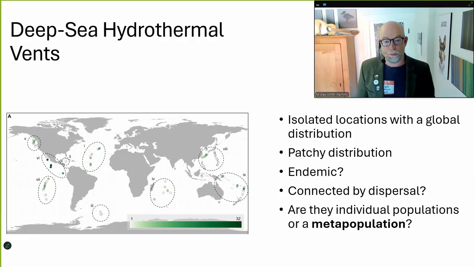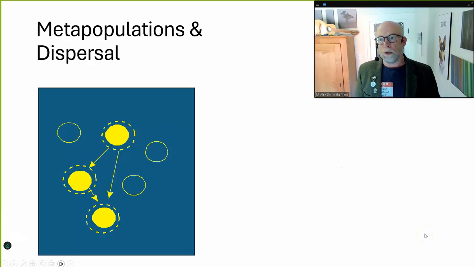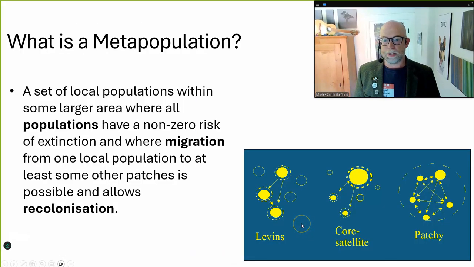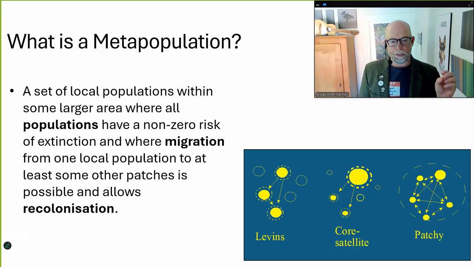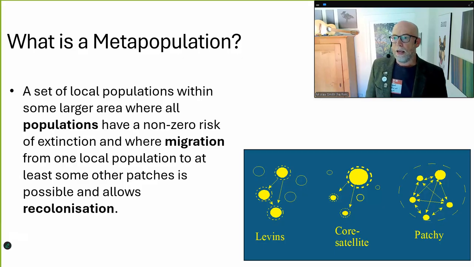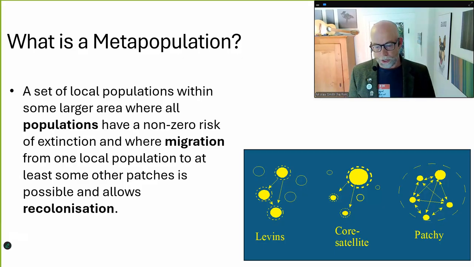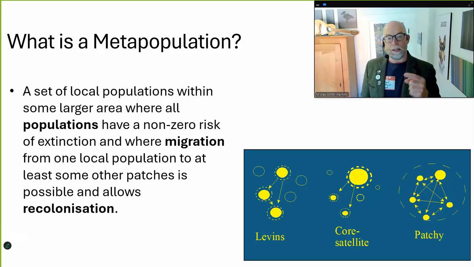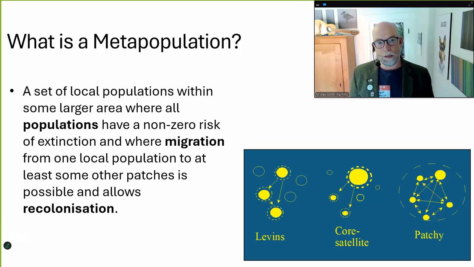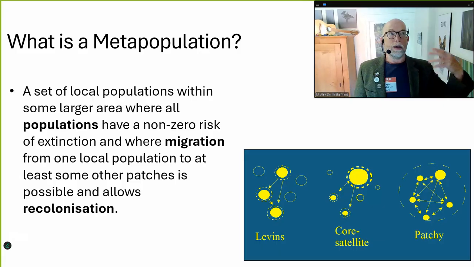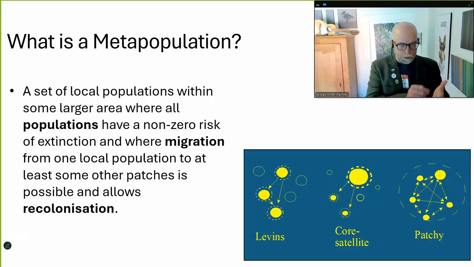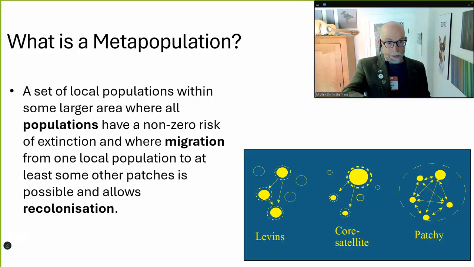And so one element that biologists would bring to the study of this kind of a patchy distribution is the concept of a metapopulation. A metapopulation is something that you've probably bumped into before, but to bring us all up to the same understanding, without going into any of the math of whether it's a core-satellite style or a patchy population, essentially with a metapopulation, Levins in 1969 made a really simple mathematical argument that you could convey in a sketch on the back of a napkin, like this, where